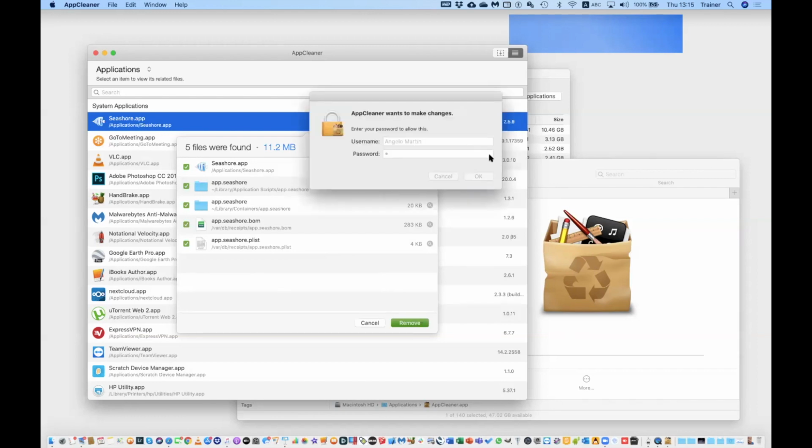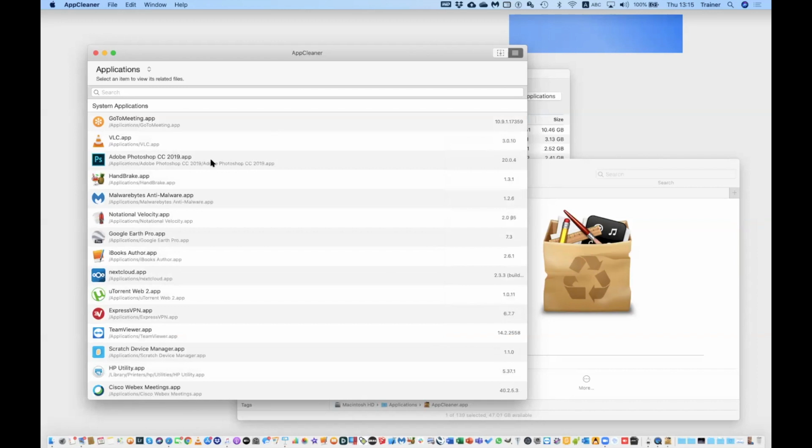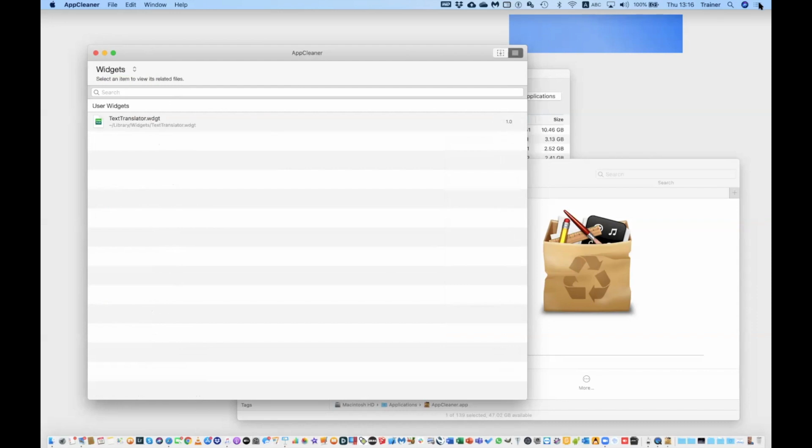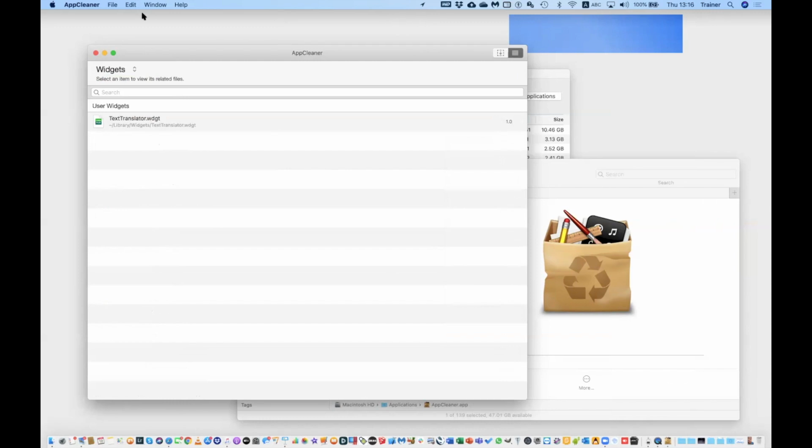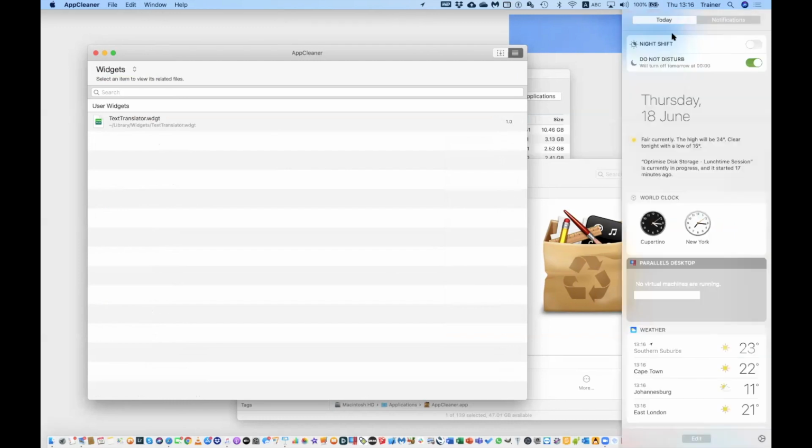Put in my password. There we go. So now, not only does it look at apps, guys, check this out. Even with widgets. Now, widgets are those small little apps found within your, just move this part of the way again. If we go to our notification center,